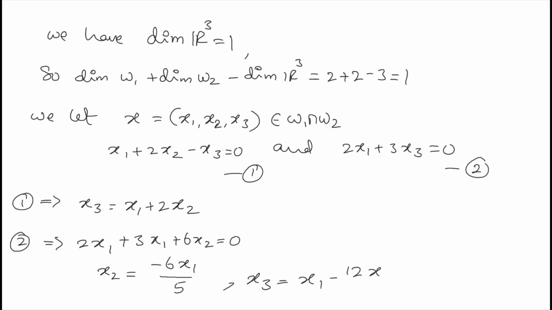Sorry, we have the value of x1 as minus 6x2 divided by 5, and the value of x3 equal to x1 plus 2x2. That means minus 6x2 divided by 5 plus 2x2, which is nothing but 4x2 divided by 5. So we can see the value of x1 in terms of x2 and the value of x3 also in terms of x2. So we can write the vector x as,